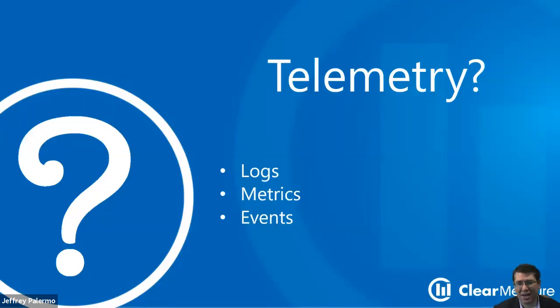But there are three different types of telemetry. Logs are not enough. You also want to think about metrics and events. Effectively, if you've ever, and if you haven't, read up on Kimball's data warehousing books. If you've ever created analytical reports or a star schema or an analysis cube or data warehouse, then you have implemented the same data structure and the same techniques that you need for runtime telemetry of your application. You need to create the fact tables that are going to allow you to ask questions of the application or ask questions of the logs, like, hey,